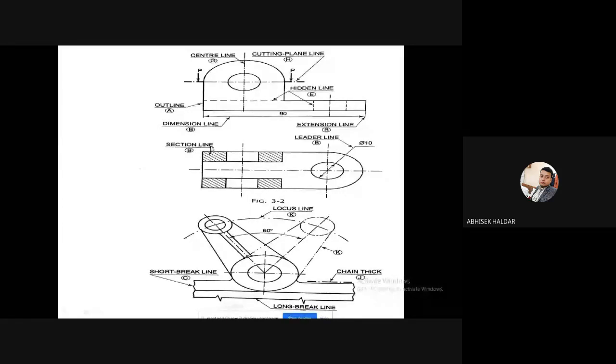And one more thing is the leader line. What is the leader line? It is to show the dimension of any circular thing. Say I have to give the dimension of this circle. How will I give the dimension of this circle? There is a rule, you cannot give according to yourself. You see, through the center, if I draw the two center lines, I will get the center point of the circle. This whole I have to give the dimension. So through this center,